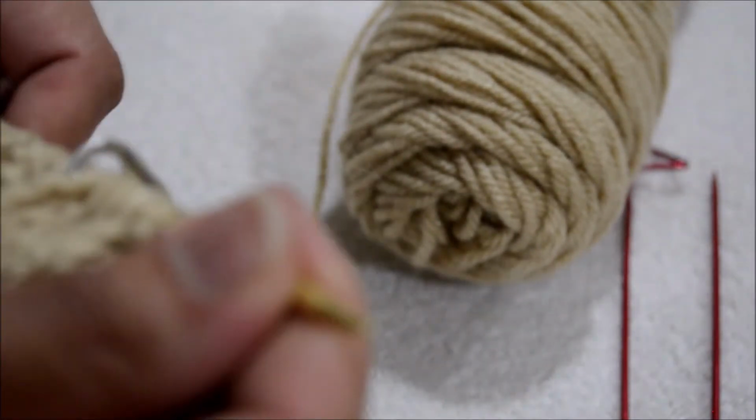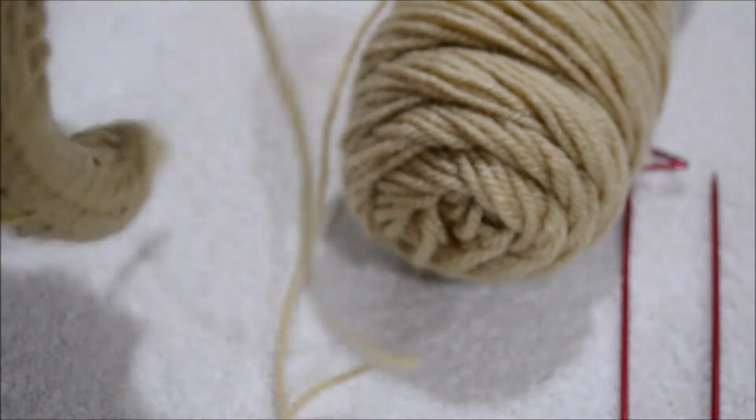So I'll do the next 2 rows, so 10 and 11. Row 10,